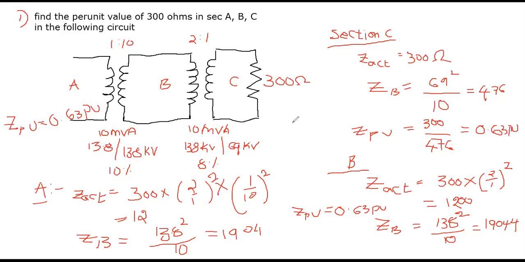This is a very, very important problem. Irrespective of the section, whenever a particular reactance is connected in any section of a transformer, the per unit impedance is the same. That is what we finally derived. This is the justification for advantage 3. Even though we are using transformers of widely different ratings, the per unit impedance is the same.